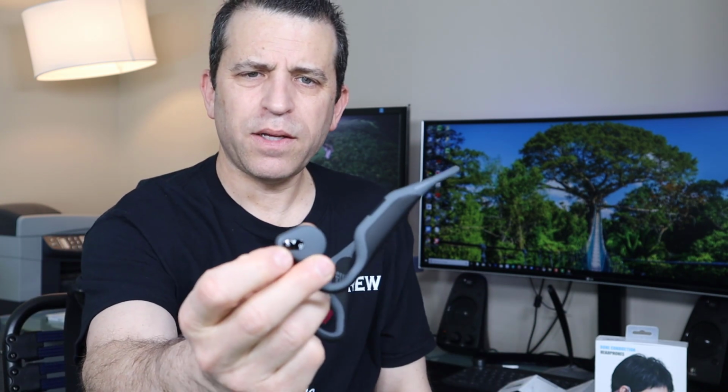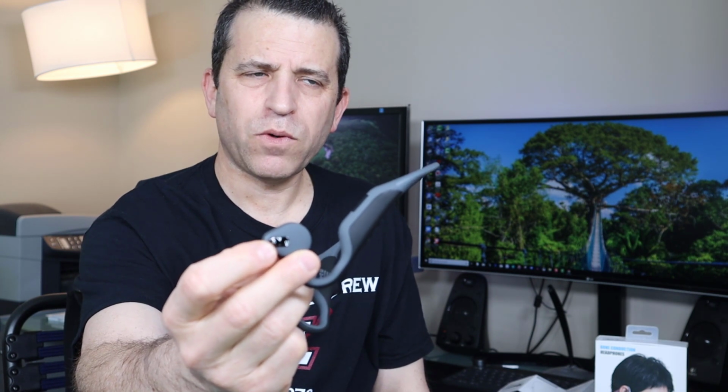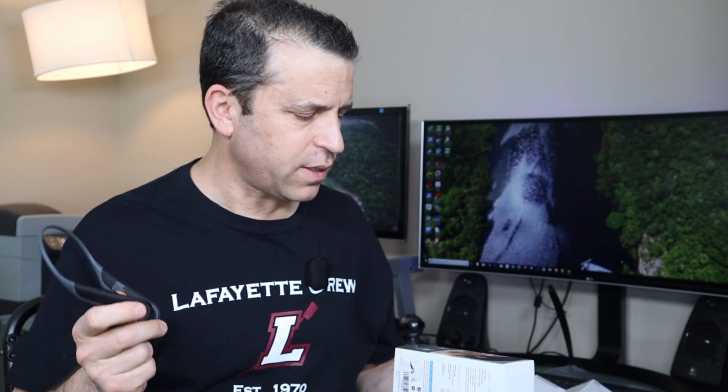This button here is the multi-purpose button. This helps for answering calls, hanging up, and play pause. So it covers all the bases and it connects very quickly as well with Bluetooth. So the other features, actually, before I highlight the buttons and play a little audio, is